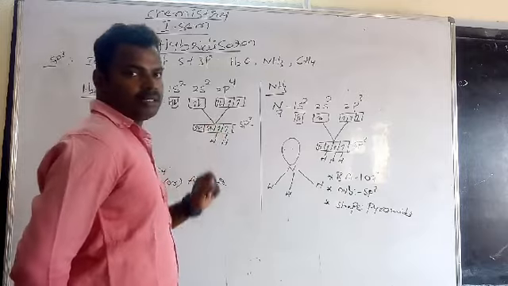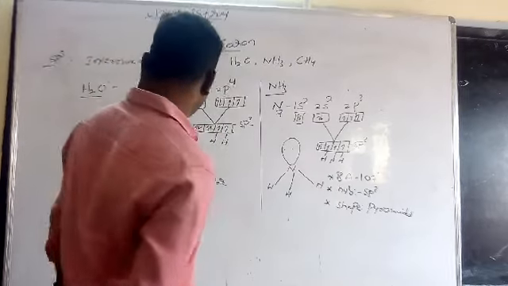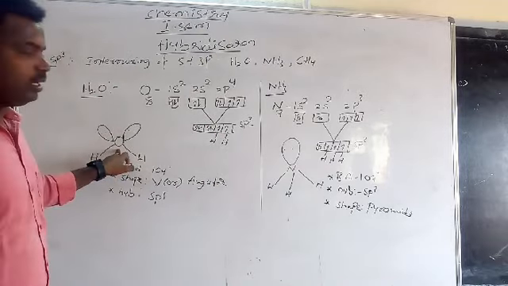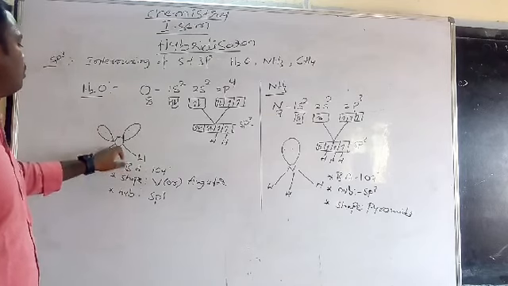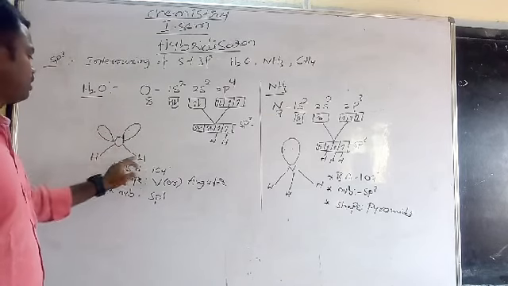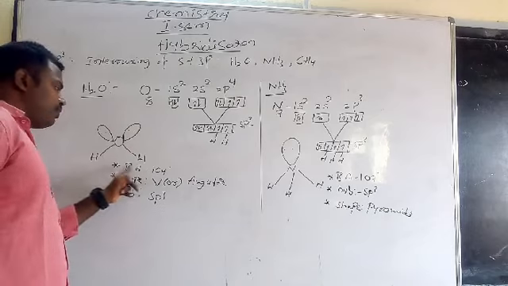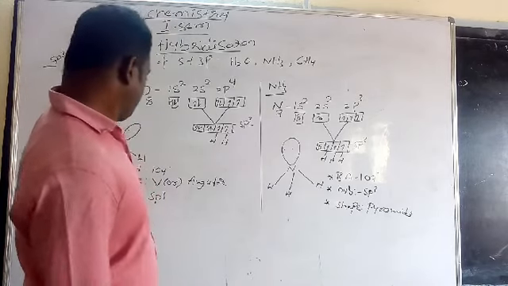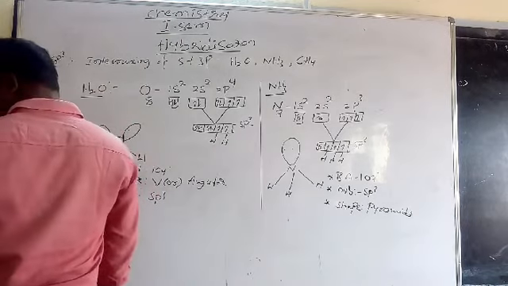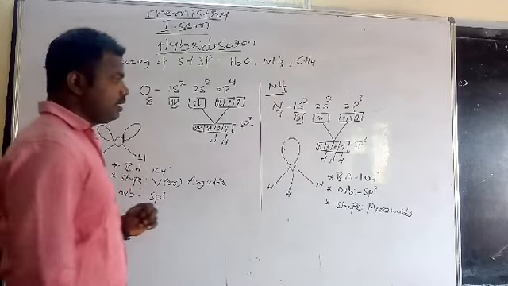These two bond pairs react with individual hydrogens to form the H2O molecule. For the structure of the H2O molecule, there are two bond pairs and two lone pairs. The bond angle of the H2O molecule is 104 degrees, the shape of the molecule is V shape, and the hybridization is sp3.